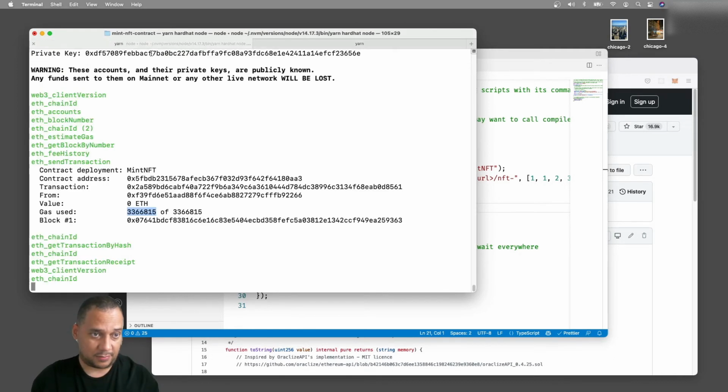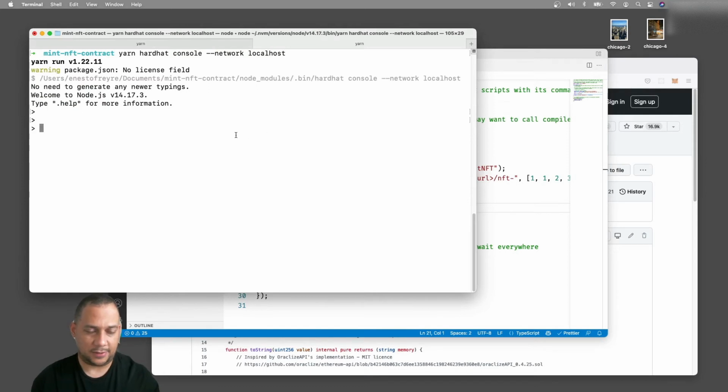Because right now, remember, there is a contract, MintNFT, already at this address, and that MintNFT has an owner because it's ownable, and it has 4 tokens because we deployed with 4 tokens, and each token has a predefined amount depending on the deploy that we did, right? So let's do that.